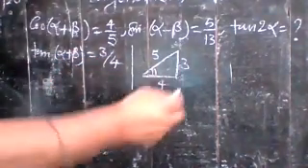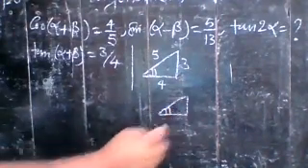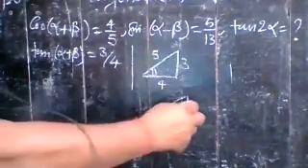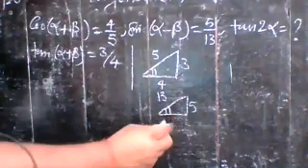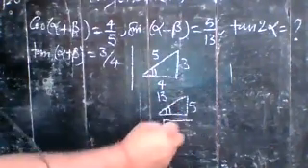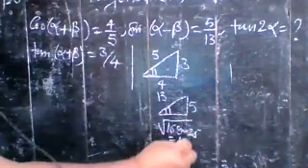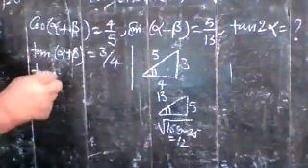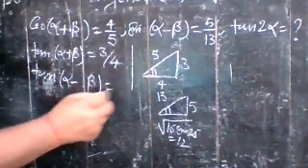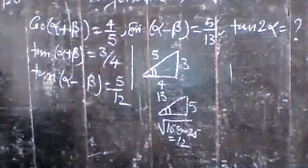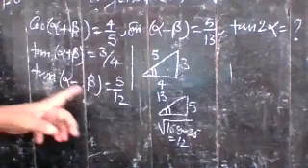In the same way, for the second result, draw another triangle also. Suppose this angle is alpha minus beta, and here you have 5, and here you have 13. So your base is what? Here you have 169 minus 25, which is 144. So base is 12. So from this triangle, you have the result tan alpha minus beta is equal to 5 by 12. So in this way you have the values of tan alpha plus beta and tan alpha minus beta.